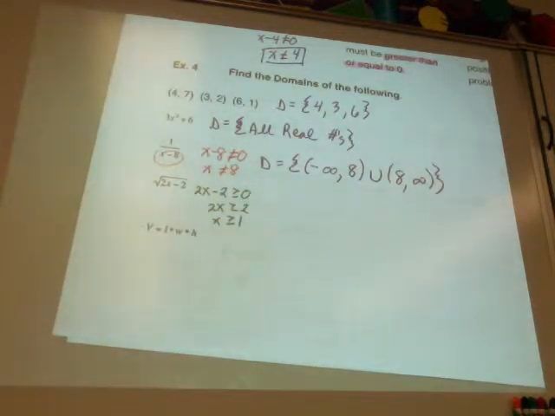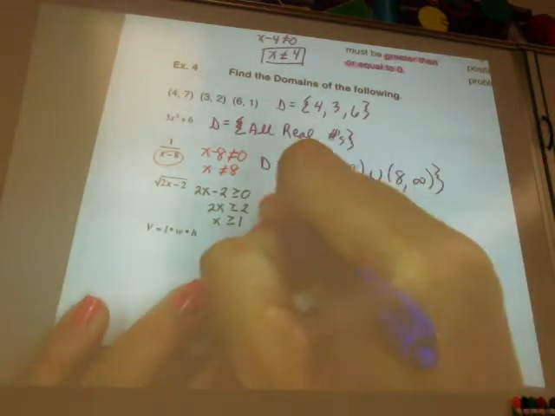So if I divide by 2, don't I get 1? So x can be any value greater than or equal to 1. Again, if the directions don't say that you have to use interval notation, then you can have that as your answer. But if it were interval notation,